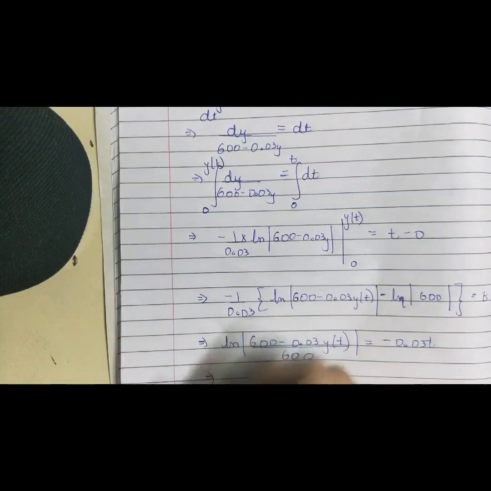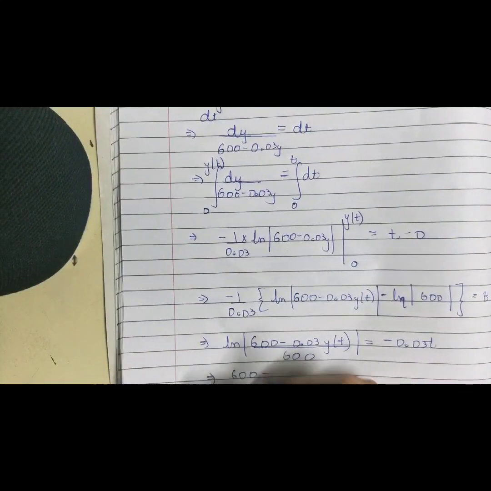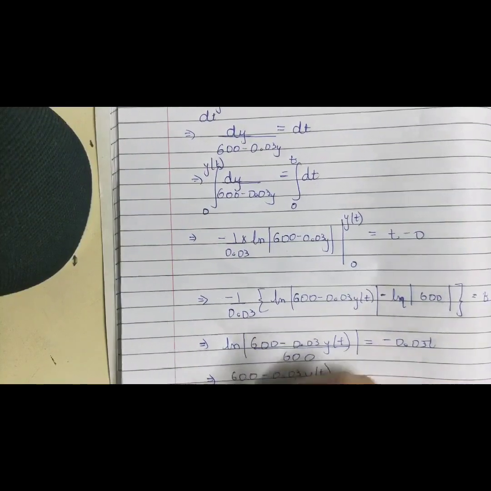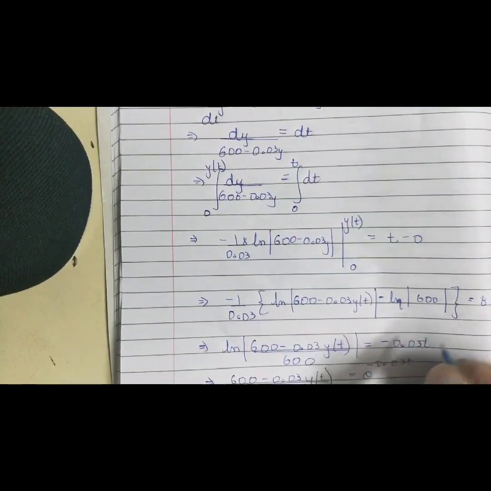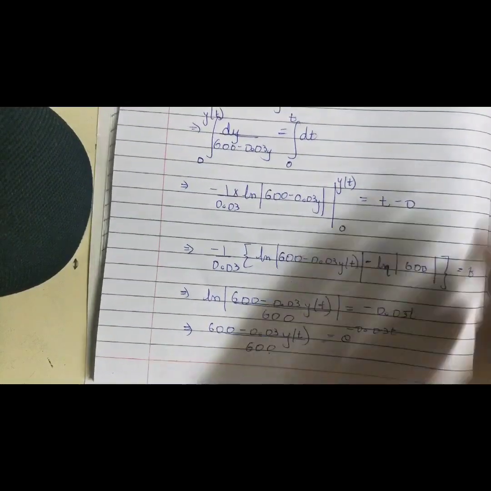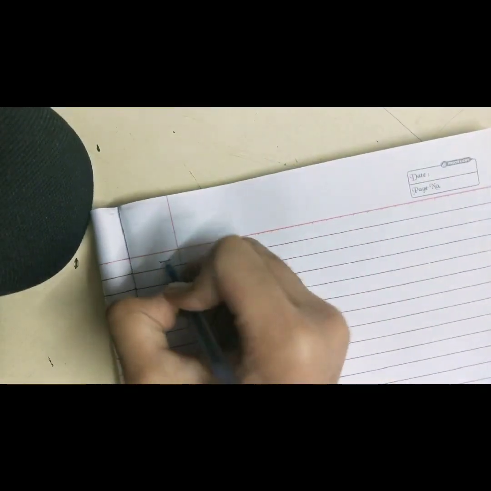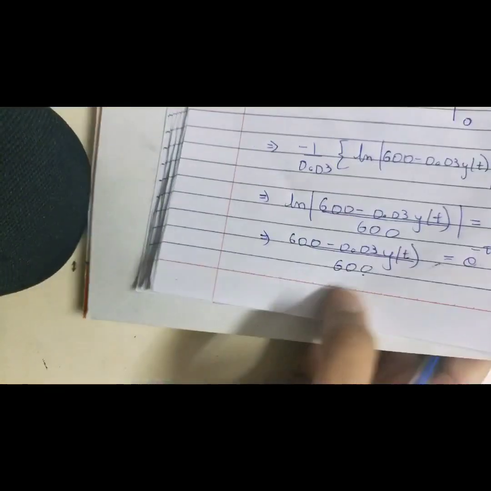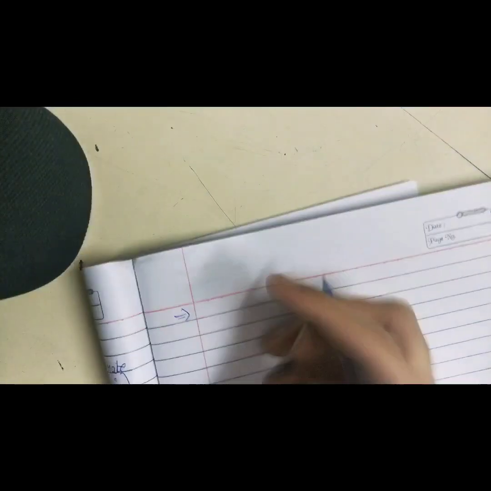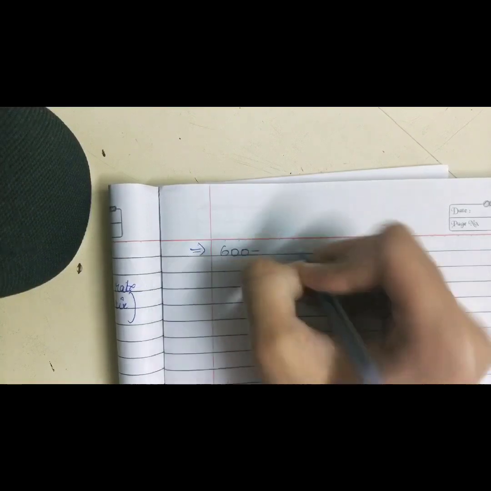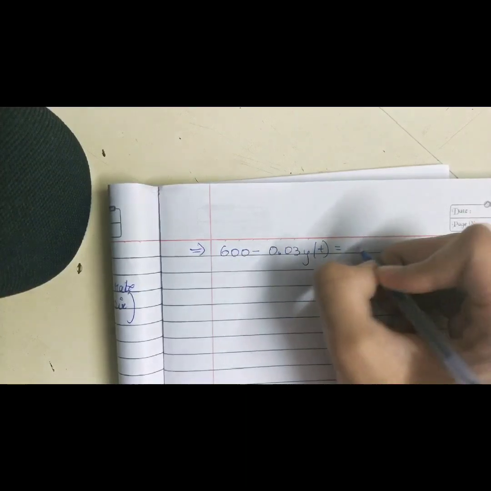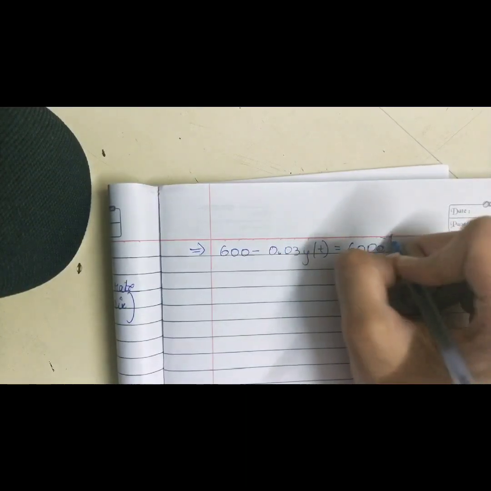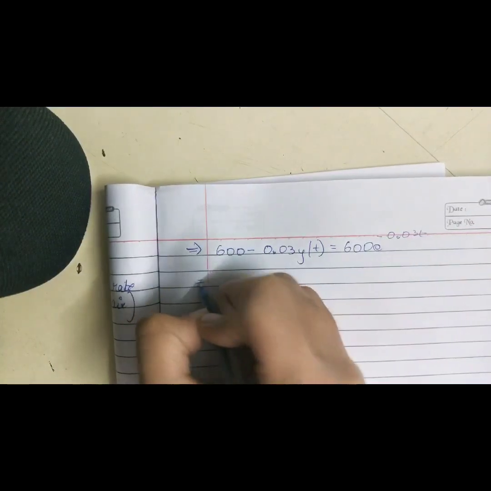Okay. Now taking the log to the other side, (600 minus 0.03 y(t)) divided by 600 goes to the exponential of minus 0.03 t. Now this implies that 600 minus 0.03 y(t) can be written as 600 e raised to the power minus 0.03 t,